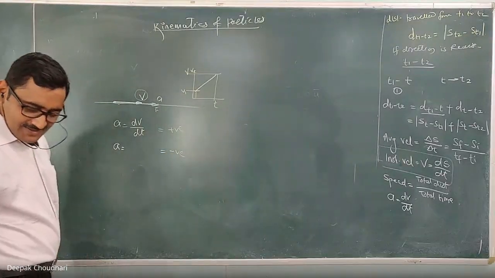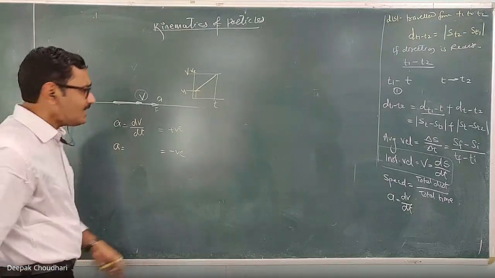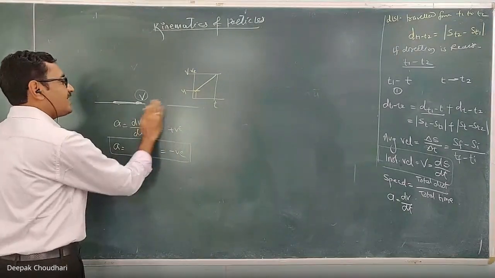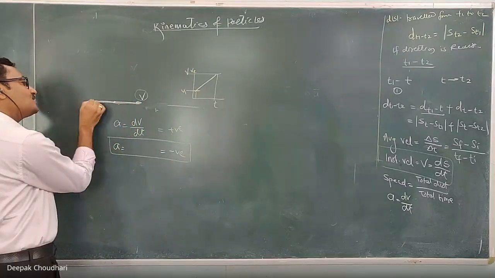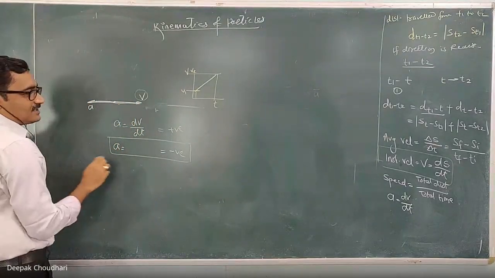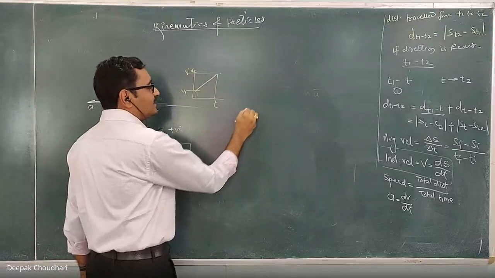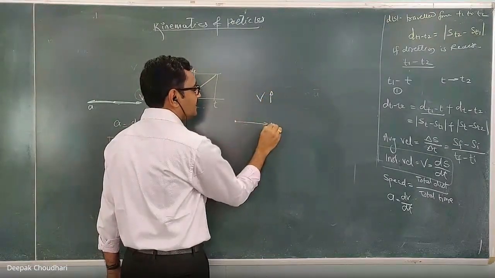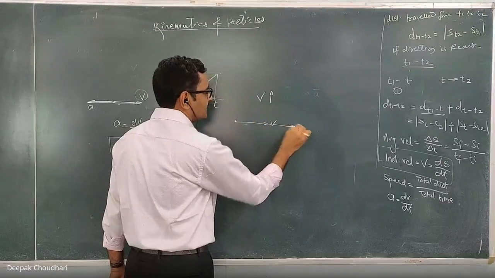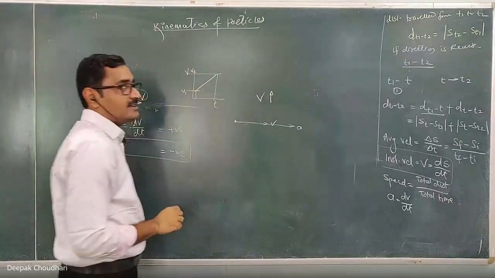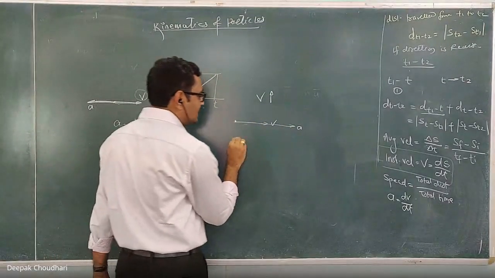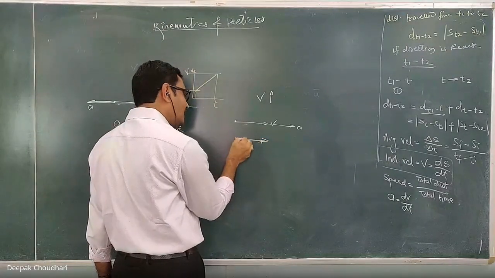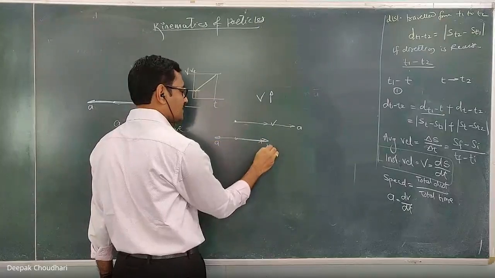Okay, now you can say that the acceleration is negative, or in that case the acceleration vector is opposite to the direction of velocity vector. It means that when the velocity increases with time, the velocity vector and acceleration vector both are in the same direction. I am talking about the rectilinear motion. When velocity decreases with time, then the acceleration vector will be opposite to the direction of velocity vector.